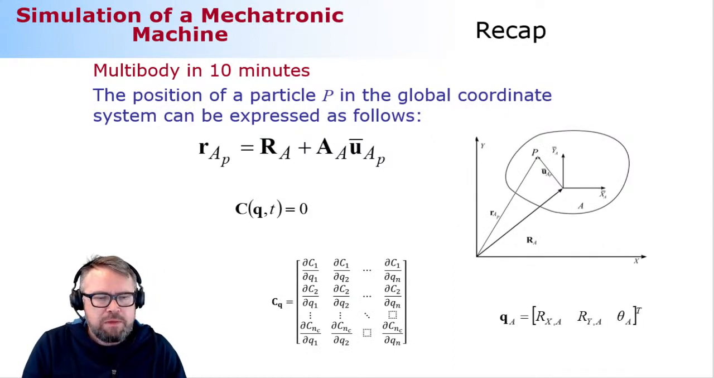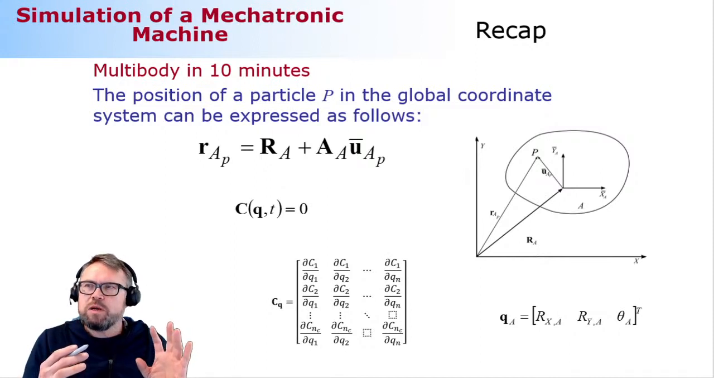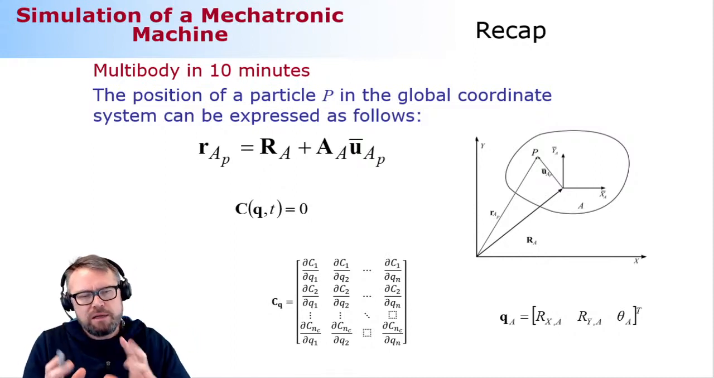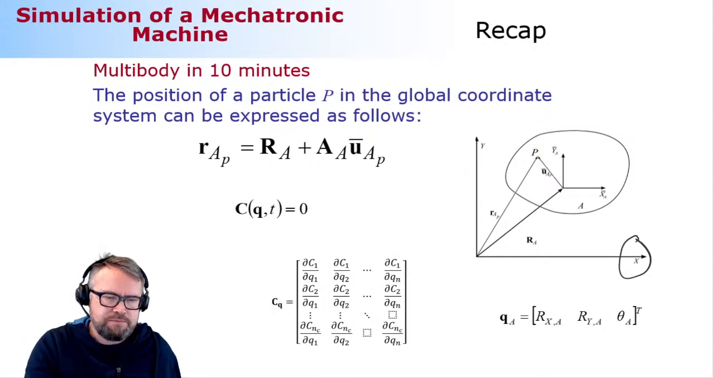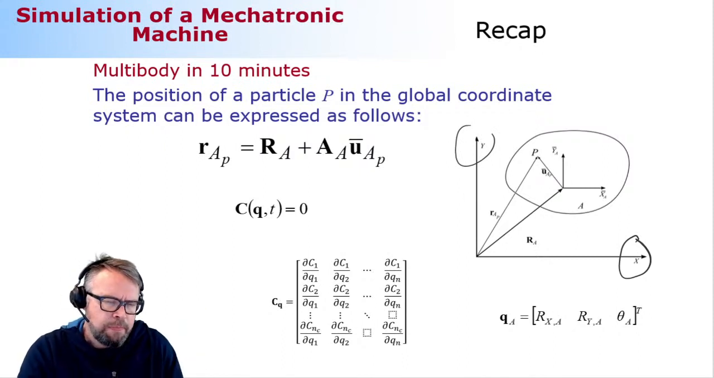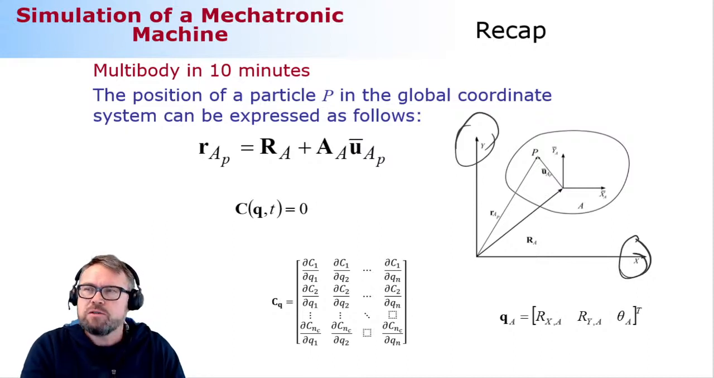Okay. A multi-body system is, as the title implies, a system that consists of multiple bodies. What we want to do in multi-body system dynamics is describe the particles that make up a body with respect to a global coordinate system. That is very much the essence of multi-body system dynamics. Because the particles cannot move relative to each other, the easiest way to describe particles with respect to the global coordinate system is to use